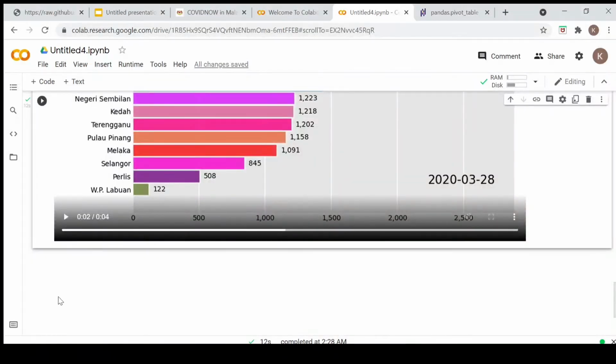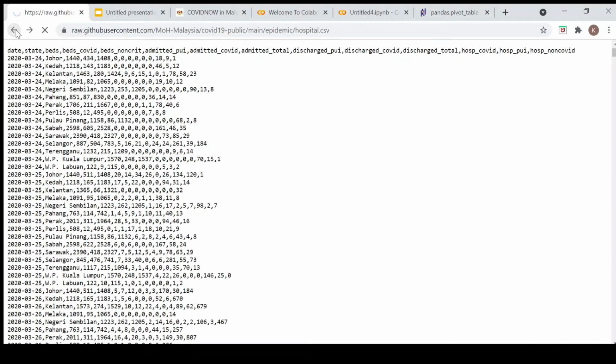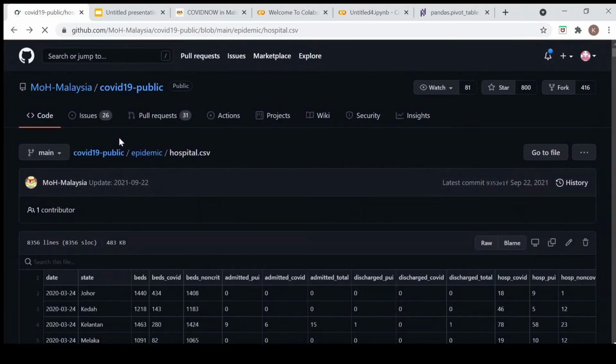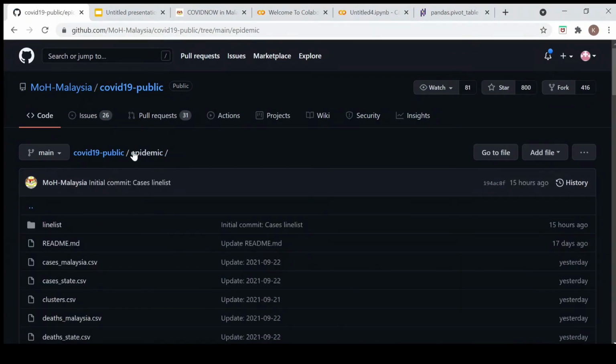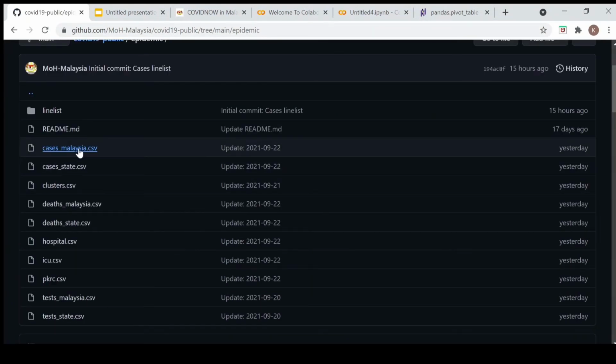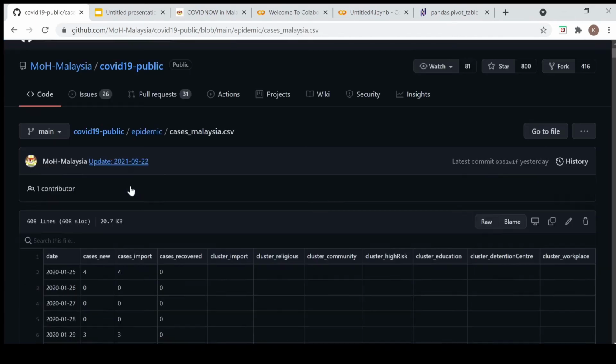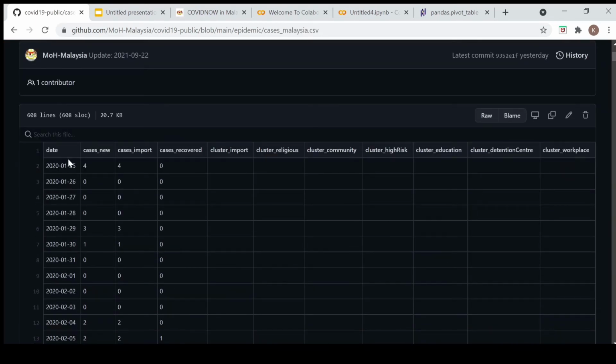Okay, now let us do the second example. Let us go back to GitHub, and now let us go to here, and let's see the cases_malaysia.csv. So we got the cases here. I think this is new cases, import cases, or recovered cases for the date. And we also have cluster import, cluster religious, cluster community, cluster high risk, cluster education, cluster detention center,